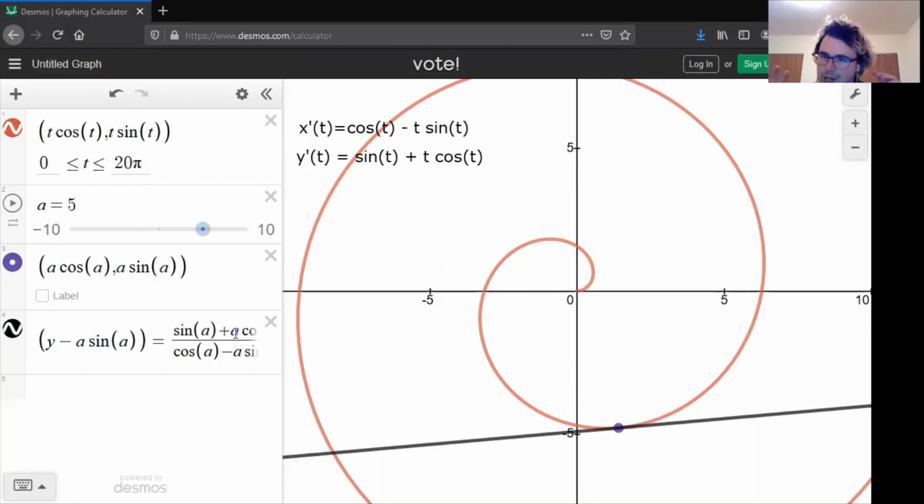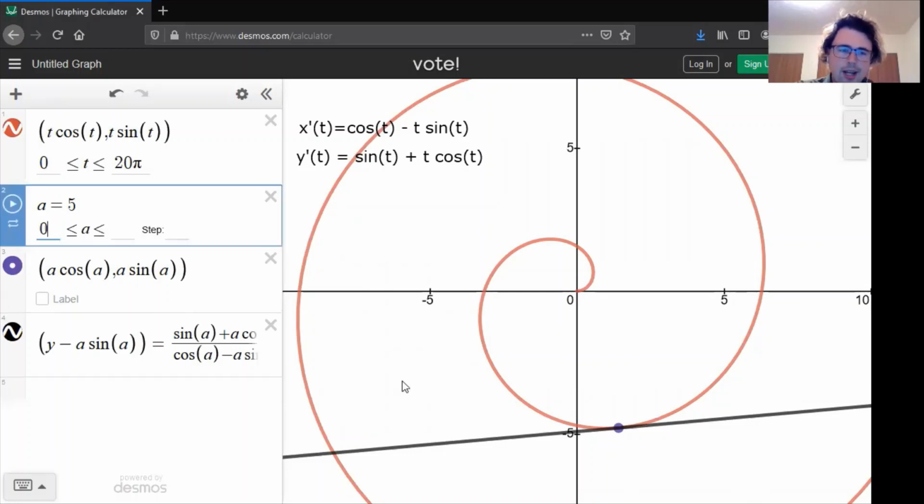T controls everything in parametric equations. It controls the point that I'm looking at. It controls the value of my two derivatives, my x prime and my y prime. And so t actually controls all of the information that is relevant in building up